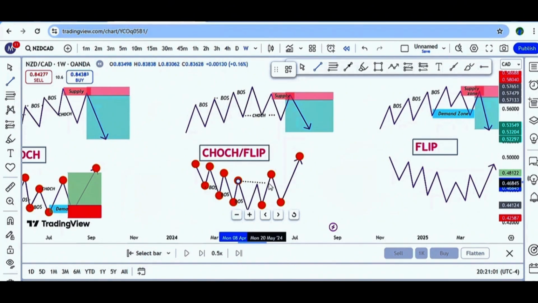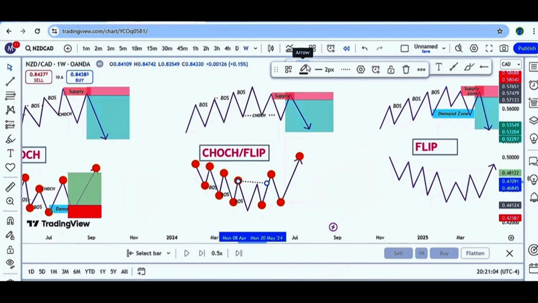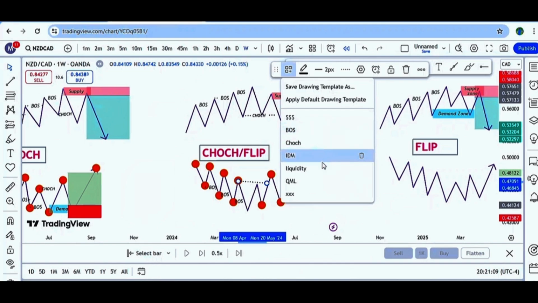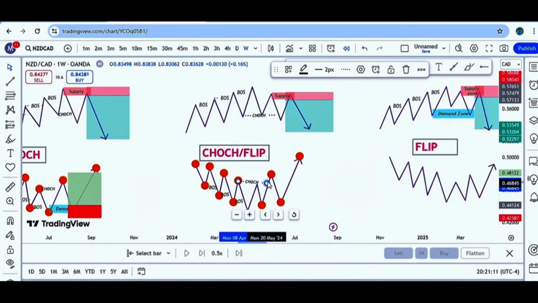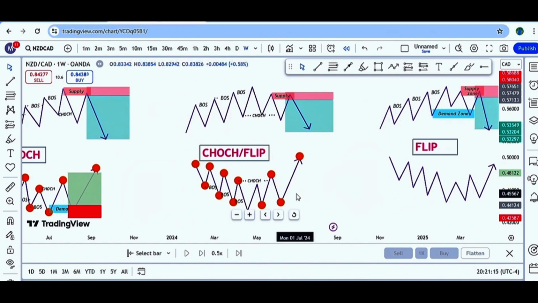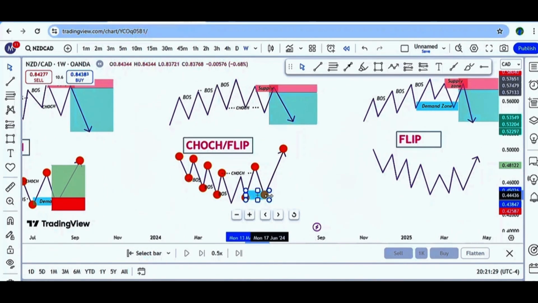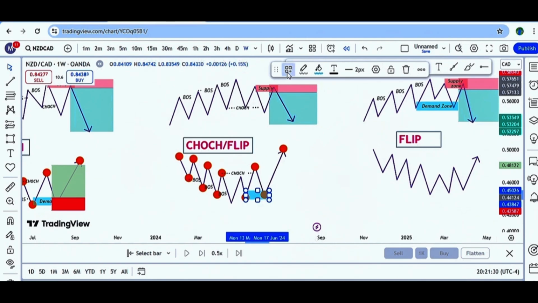When we see this kind of formation happening in the market, that means the market is about to reverse with an A plus trade. We call it an A plus setup, and we make our money using this setup. When we see this kind of scenario, we mark our demand zone